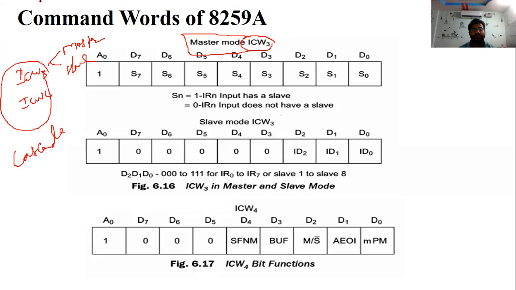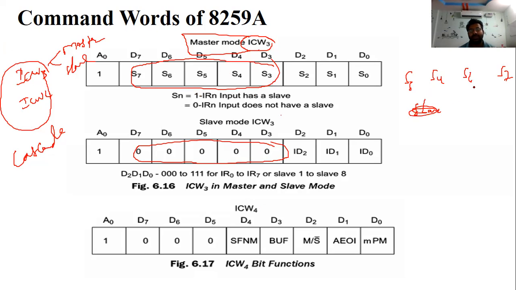The only difference is that in the slave mode these bits are 0, while in the master mode these bits are 0, 0, 1. So nothing but S3, S4, S6, S7. These are the slave devices.